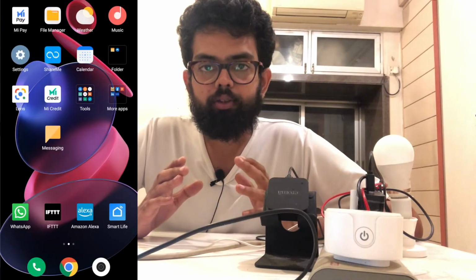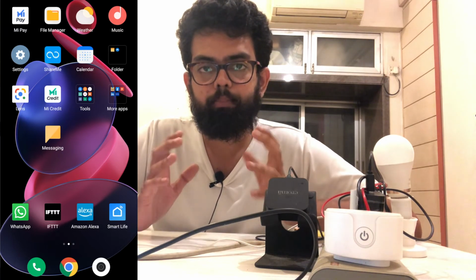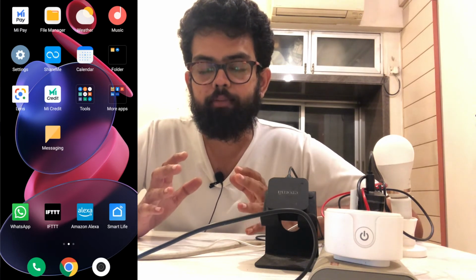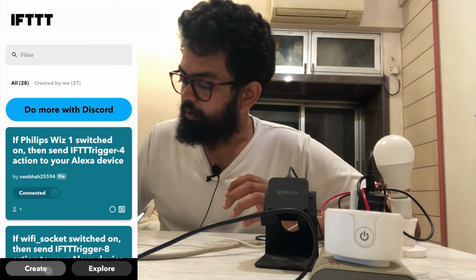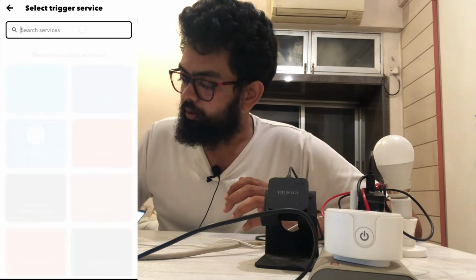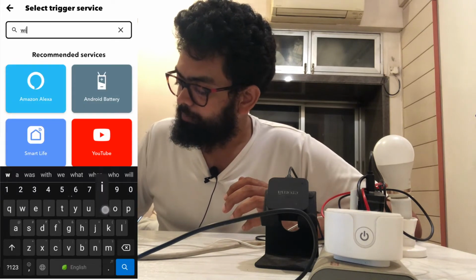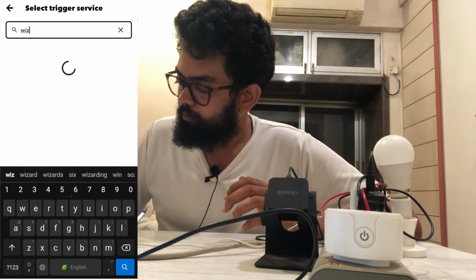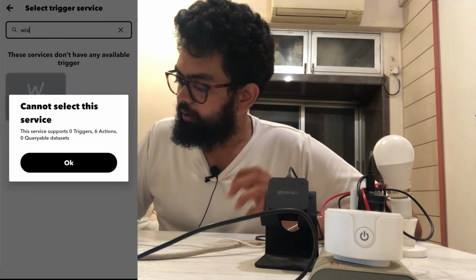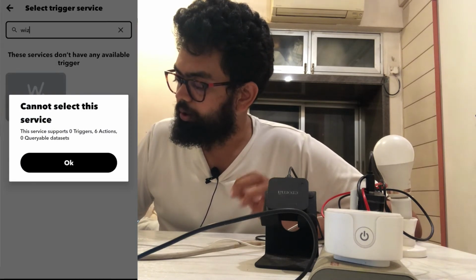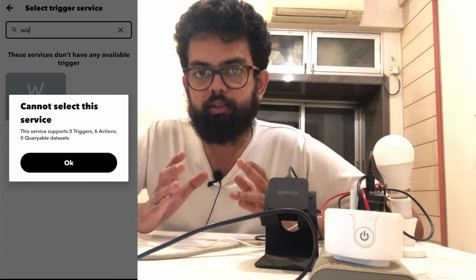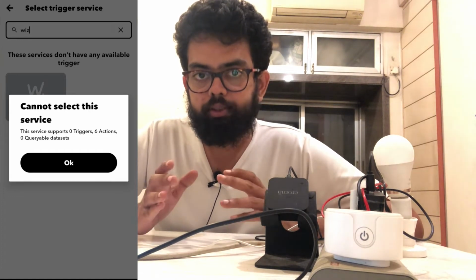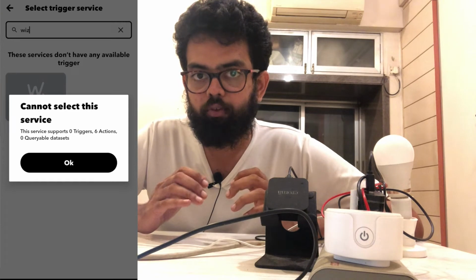So guys, now let's talk about the smart bulb. This is a Philips Wiz light and the partnered application is the Wiz application. But when you open the IFTTT platform, click on create, and type Wiz, as you can see, it says the service supports 0 triggers, 6 actions. So basically you cannot trigger any actions or any routines or any automations in the IFTTT platform with the Wiz